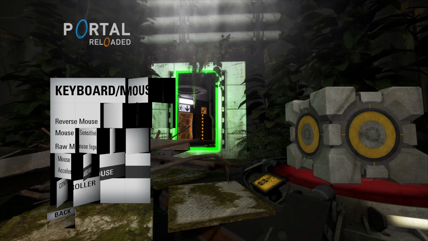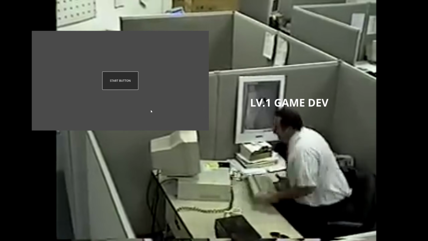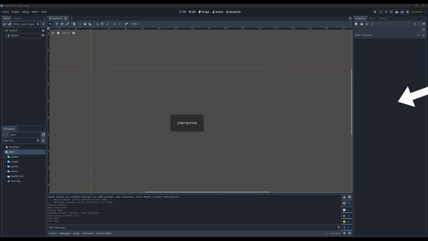User interfaces help your player navigate through your game. But how do we even get from our player pressing the start button to actually starting the game? And how do we even get that button there in the first place? In this tutorial, I'll explain how to use the control node to build UI, how container nodes help you organize